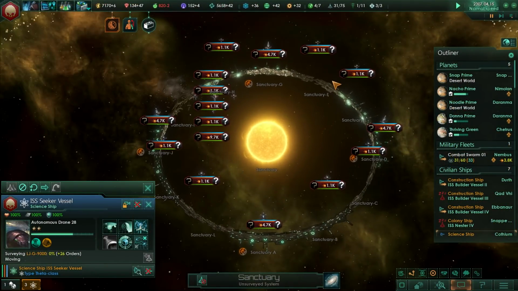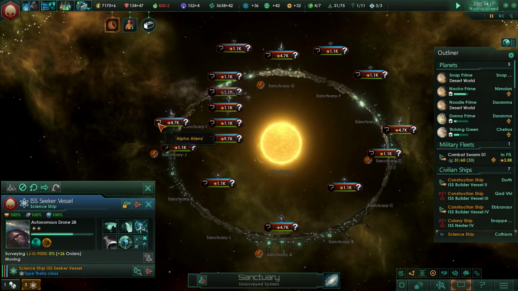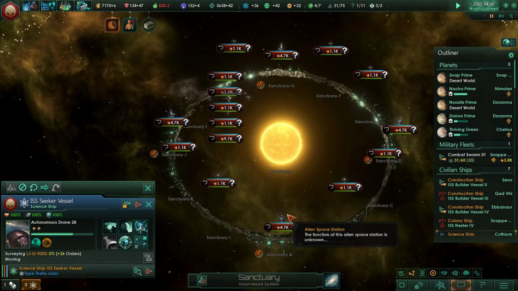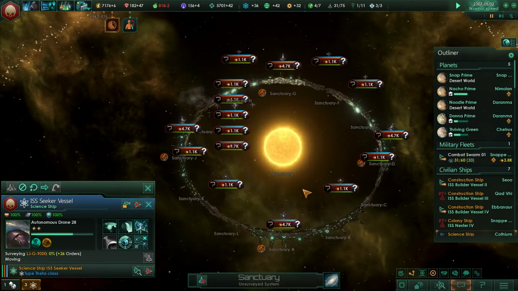I've found a ring world. What? I think that it's a ring around a star, and it's got loads of fleets. Oh my God, 4.7k fleets around it. Where is this? I'm not gonna say. You son of a...